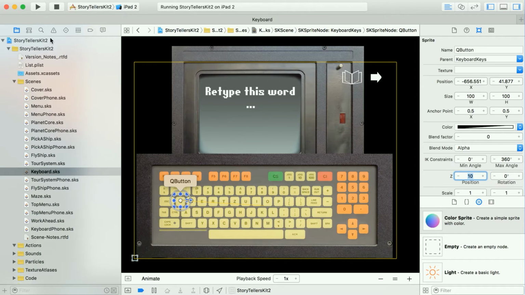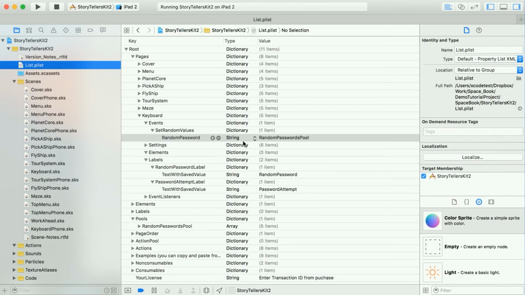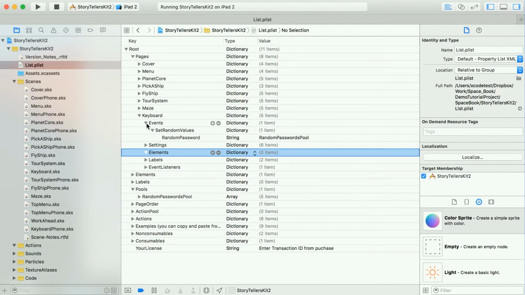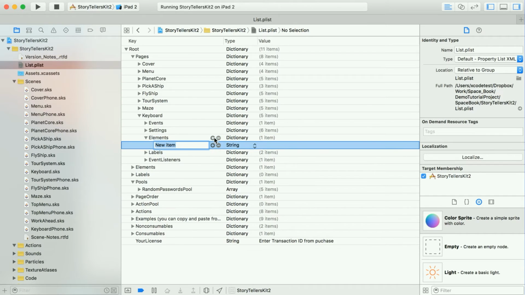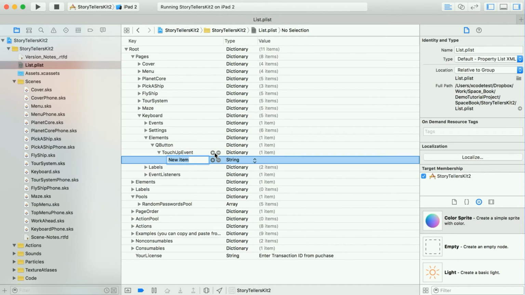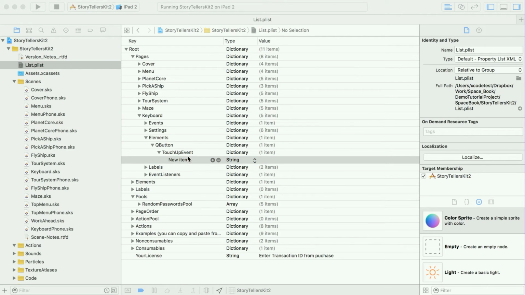All right, so then over in our property list, let's unfold our elements. Let me fold these guys back up so it's a little bit prettier. And we're going to put in here a Q button. This is of course going to be a dictionary, and let's put in here a touch up event dictionary, so we'll make people touch up after pressing down. Oh, I don't know, it could go either way. And then what we're going to do is use a new